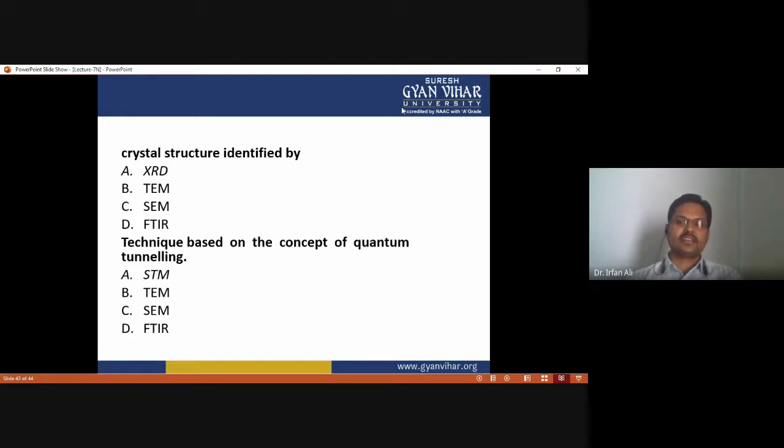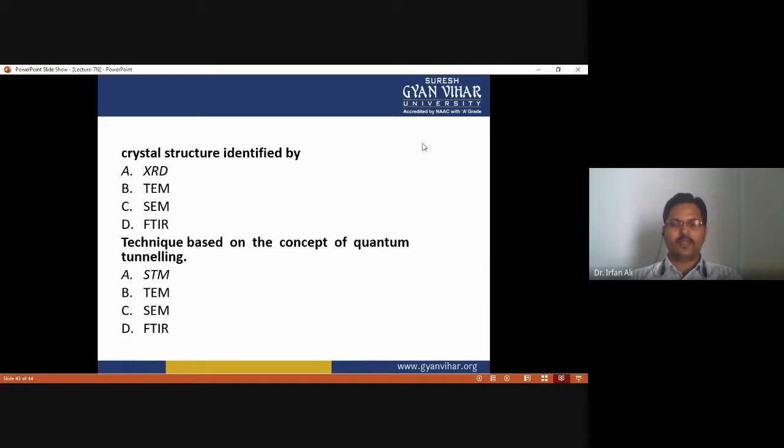And the crystal structure is identified by XRD, X-ray diffraction technique, transmission electron microscopy, scanning electron microscopy, or Fourier transform infrared spectroscopy. As we discussed in the lecture, the crystal structure of any sample or nanoparticles we identify by the use of XRD, and we know that XRD is based on Bragg's